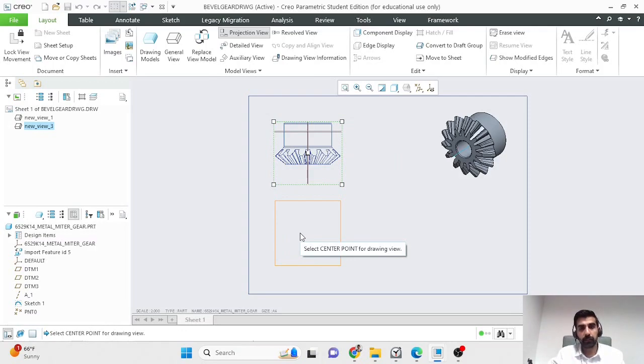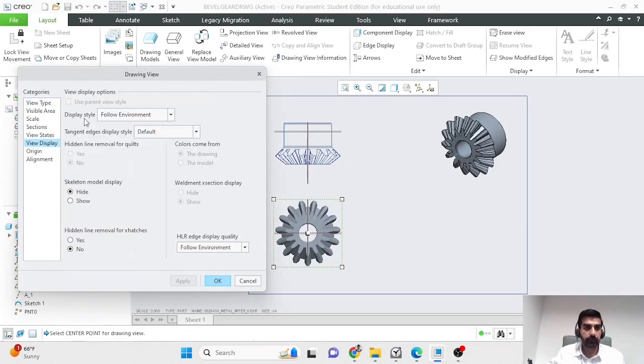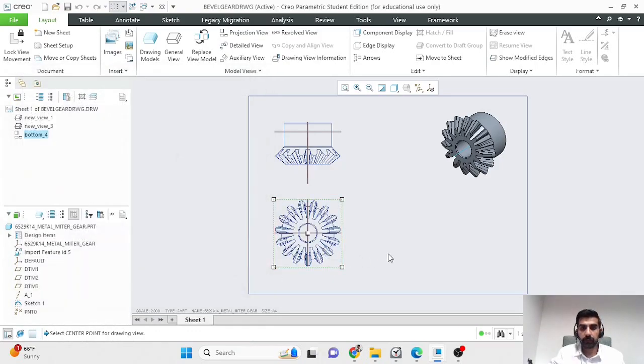I want to place it below this. Creo knows how projection theory works, so it automatically generates a front view for me. I'll again change the view display to no hidden,